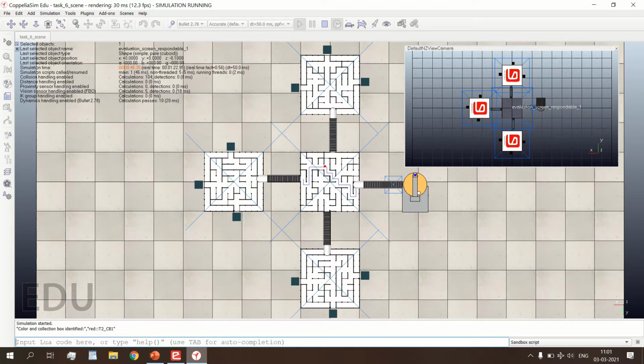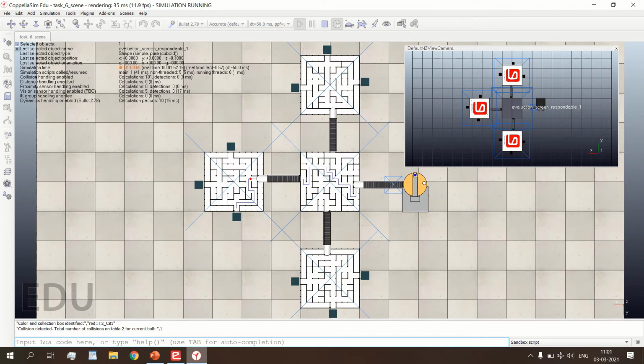Now, except table number 4, all the tables have 3 collection boxes in which the ball has to be deposited by traversing across the mazes. So let me describe the collection box names. For table number 3, in front of it we have collection box number 2. To the right of it we have collection box number 3, and to the left of it we have collection box number 1.